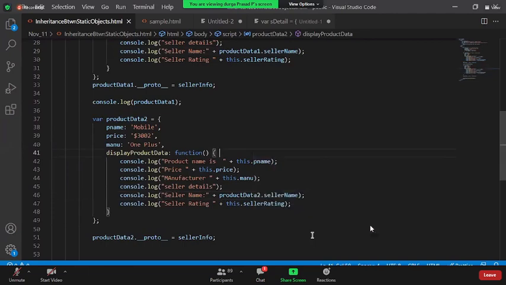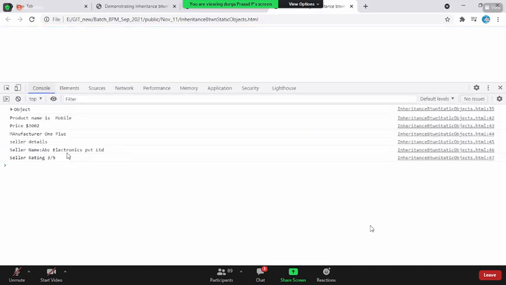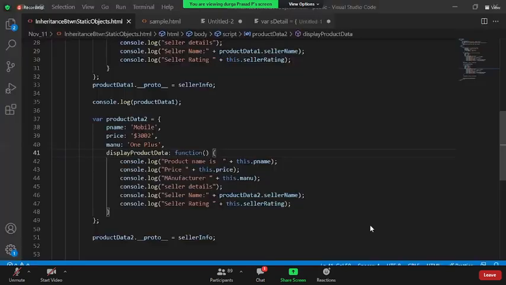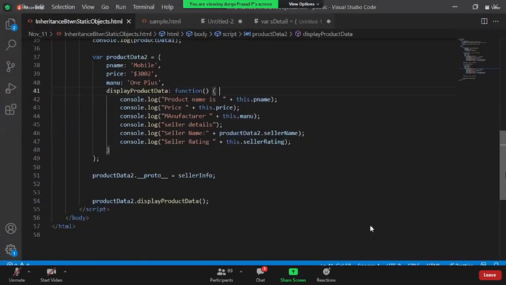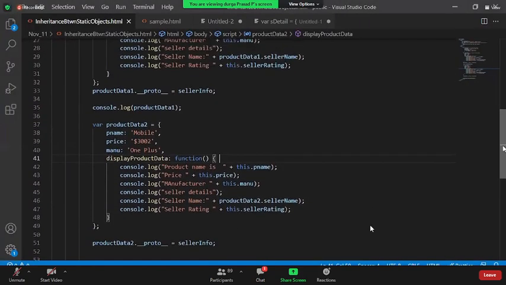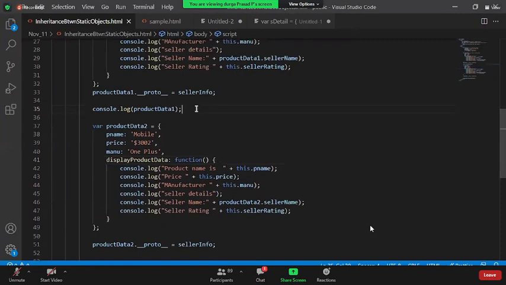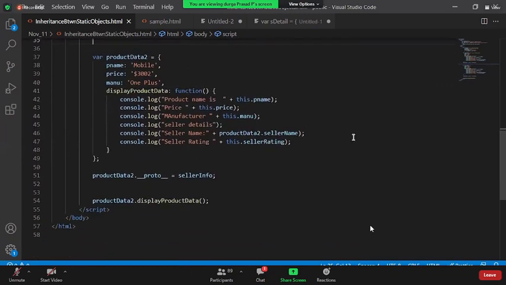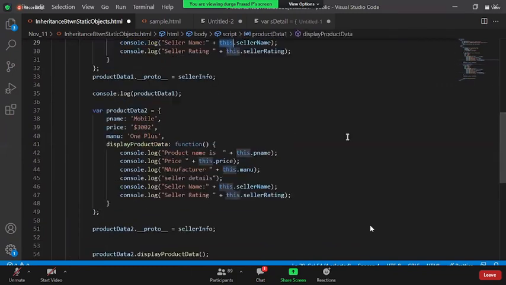Now if you come back and open it inside the browser, let us see whether it is able to access it or not. Could I access this? But why is only one object coming? Did I comment the second one? Product 2 dot display data. Oh, product 2 1 dot display data, I have removed it. Oh, control Z. Oh man.